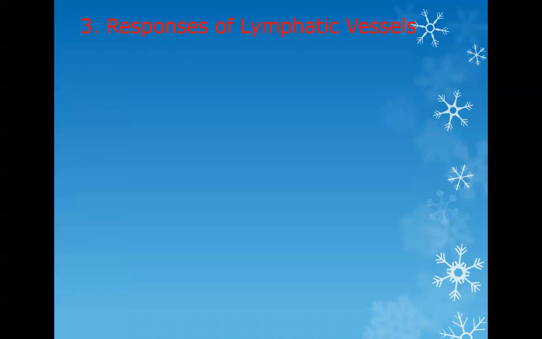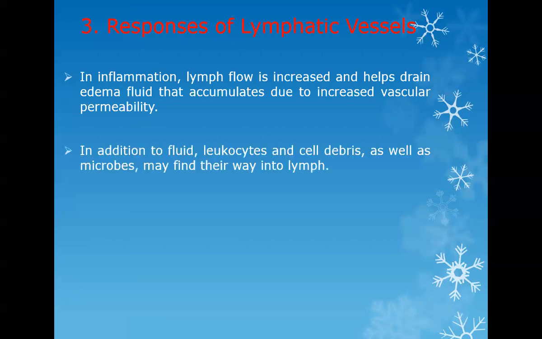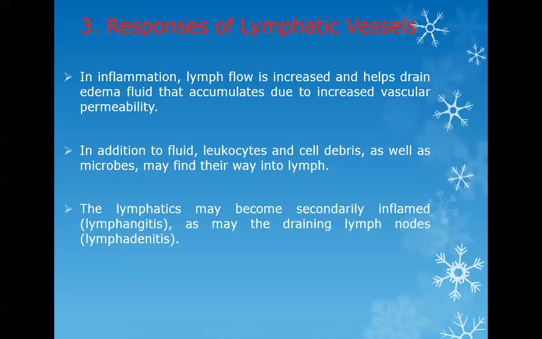Response of the lymphatics. What happens when the excessive fluid is going out? The lymphatic channels become alert. The lymphatic channels also open, right? Because they were few, now you need more. So more channels will open, and fluid goes towards the lymph node. If there are microbes, they will infect the lymphatic channel, which is called lymphangitis, and it goes towards the lymph node. If it infects the lymph node, that is called lymphadenitis. Lymphangitis and lymphadenitis occur because the fluid contains microbes.